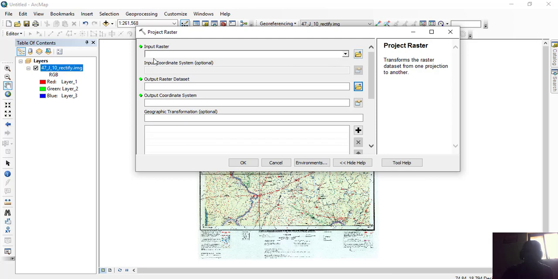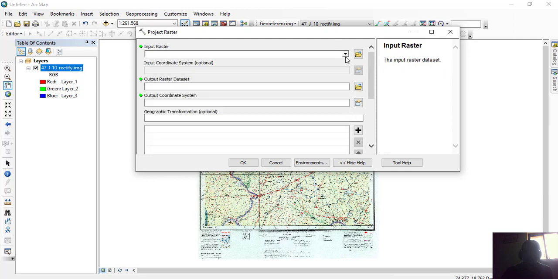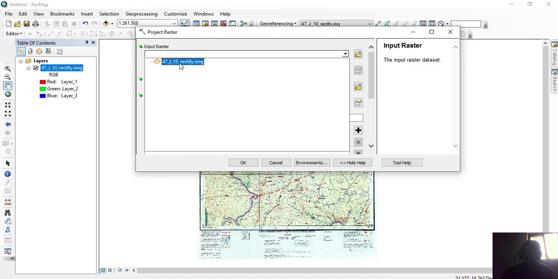So simply we have to assign the input, that is our georeferenced topo sheet that we have added. From this drop down arrow, just click it and click on the name of the map. So the software is taking the input map.